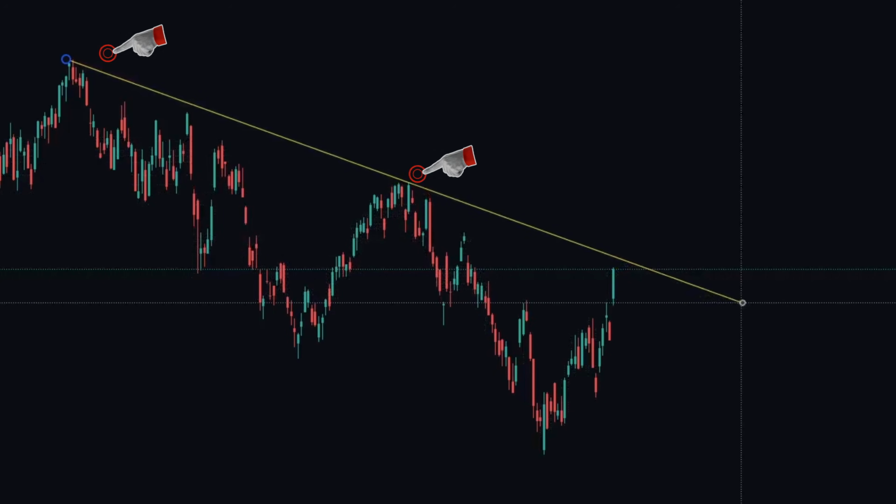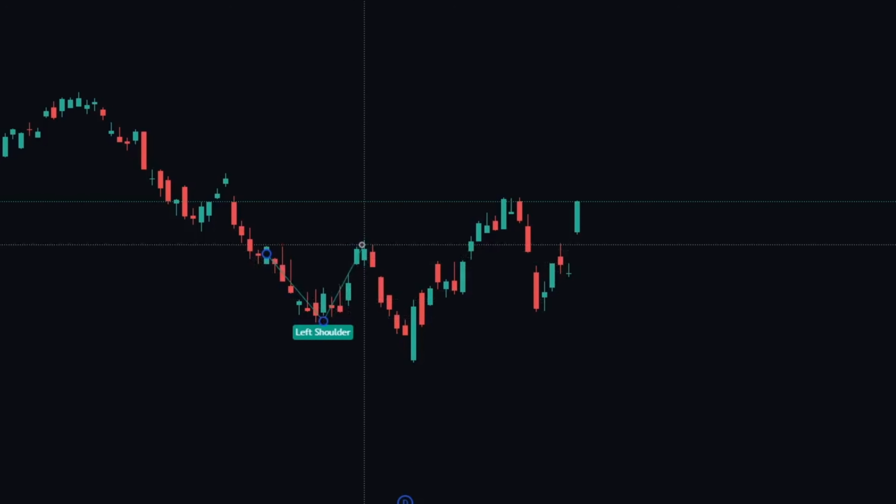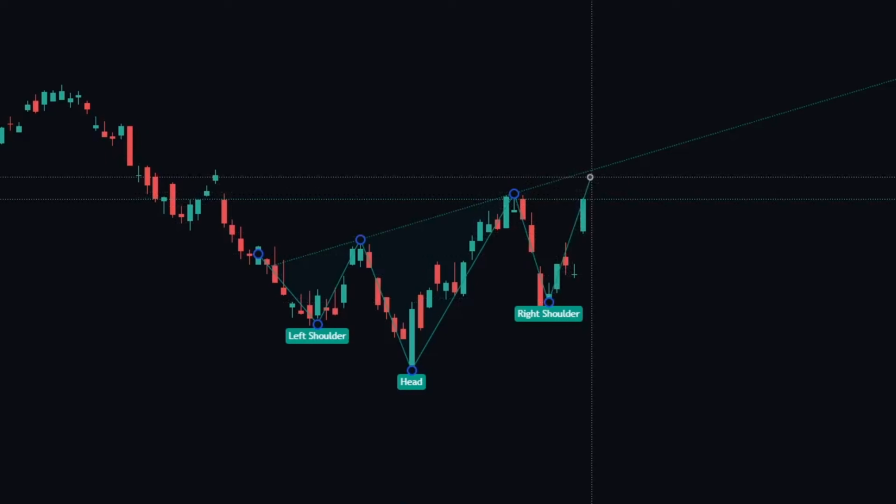Let me tell you the truth. Drawing a line or looking for shapes has zero technical value. It tells you nothing about where money is actually flowing. It ignores time, it ignores liquidity. What you are literally doing is connecting dots on a chart and assigning imaginary meanings to the shapes you find. That is not analysis, that's astrology with a price chart.